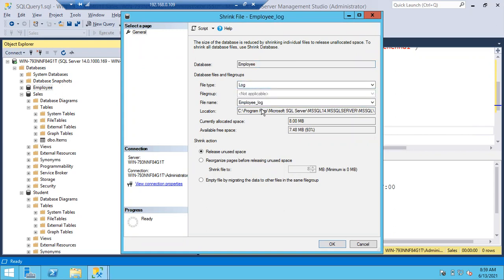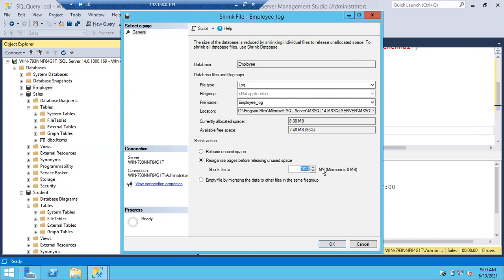Select the log file, then you can see how much space is currently allocated, how much space is currently being used, and how much available free space there is. Based on that, in case 100 GB is allocated and 99% available free space is there, we'll simply select this option. We keep it at either 512 MB or 1024 MB, whatever you want. If the log file size is very big, go for 1024. It depends on the organization's strategy. Some people will put 512 MB, some will put 1024 MB. 1024 MB means 1 GB.